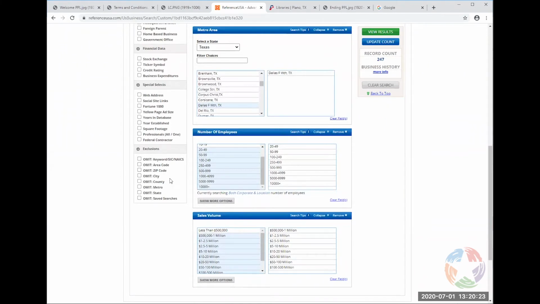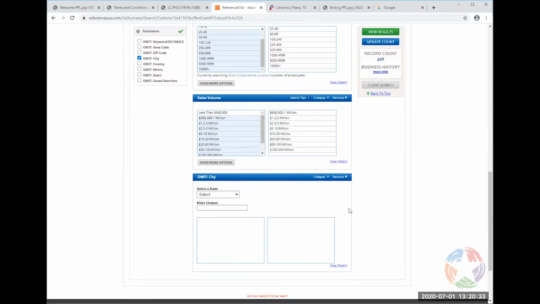Okay, so let's say, well, we had to choose the whole Dallas-Fort Worth area, but we know there's certain cities we're just not going to go to. In this case, we're going to choose to omit Fort Worth, and that's because it's just too far. We can't drive that far. It's too much, so we're going to go in and tell it, okay, I just want to not go to Fort Worth. Let me find my Fort Worth in here. There it is. Okay. And we're going to update that count.